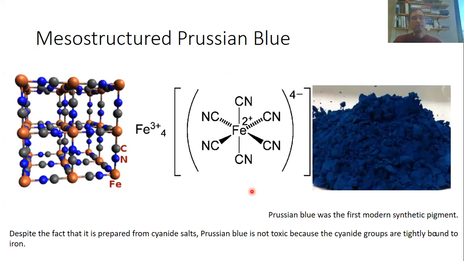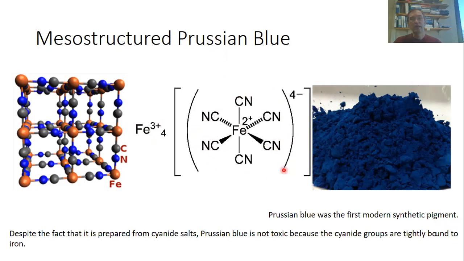Okay, so another extension of this concept is the preparation of mesostructured Prussian Blue. You've probably heard of Prussian Blue. Prussian Blue is known since antiquity, and it was actually the first modern synthetic pigment also. So Prussian Blue is the iron 3 salt of potassium hexacyanoferrate 2. So you see here the